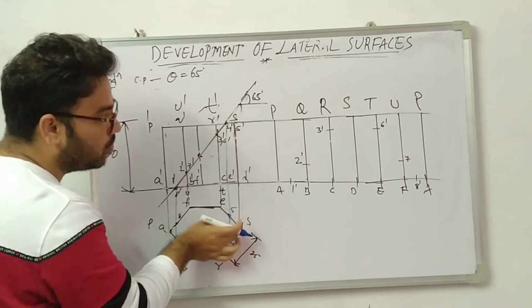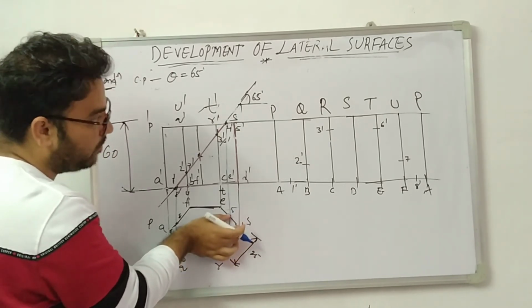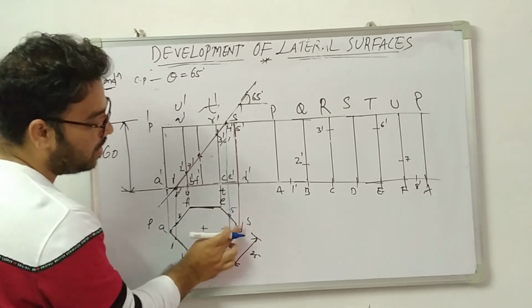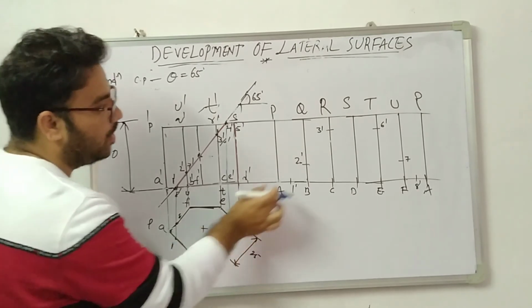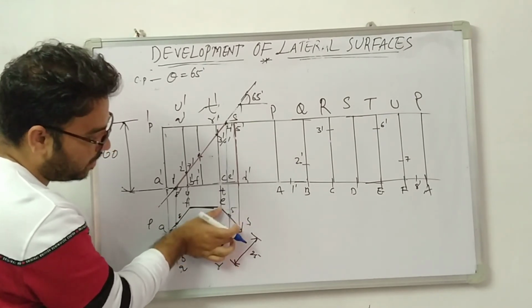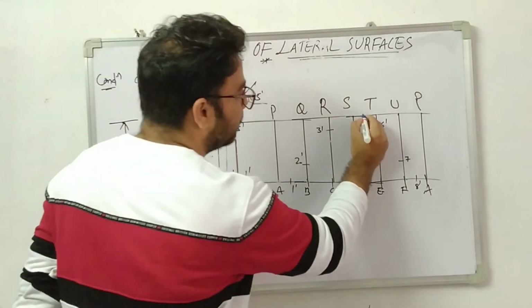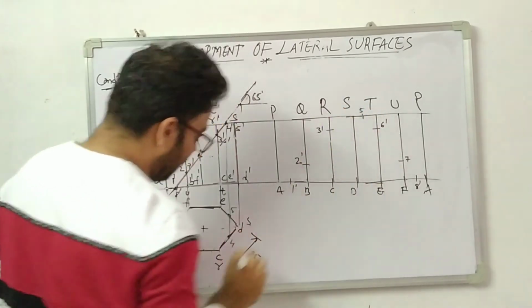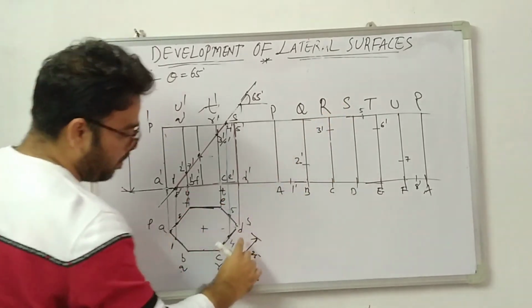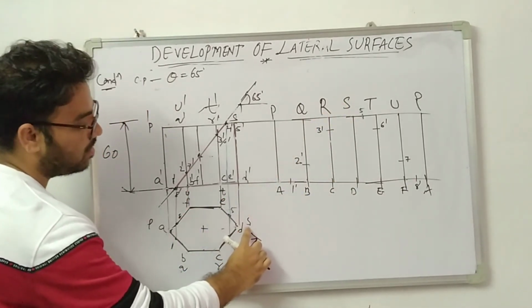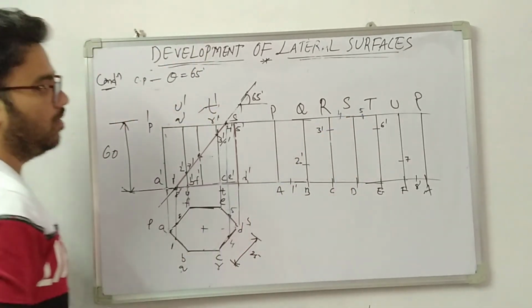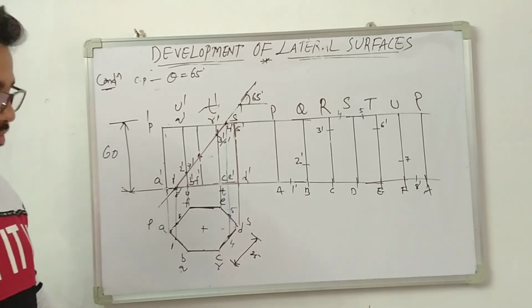Now measure from S2 to the 5th point and cut S2 5th point on the ST base. So this is the S2 5th point. This is the ST base, located here. You measure this distance and shift it onto ST. This is my 5th point. Similarly, this is my SR base. Measure this S2 4 distance and shift here, from S onwards 4. Now we completed the base projection lines also.